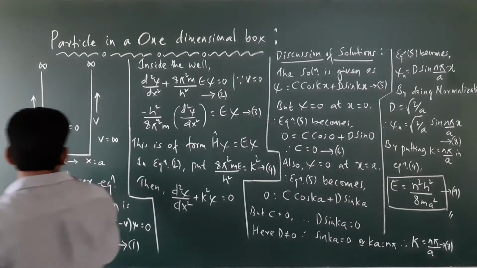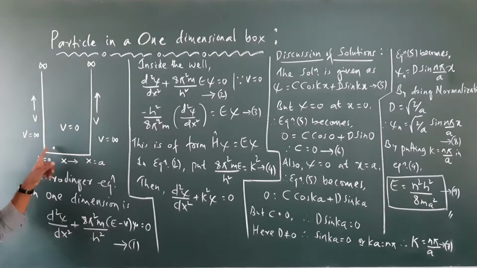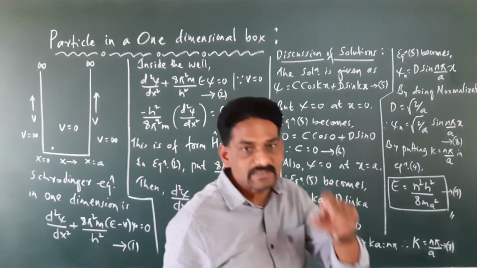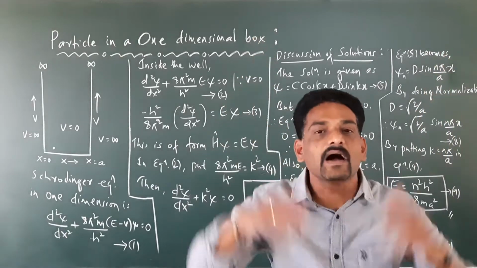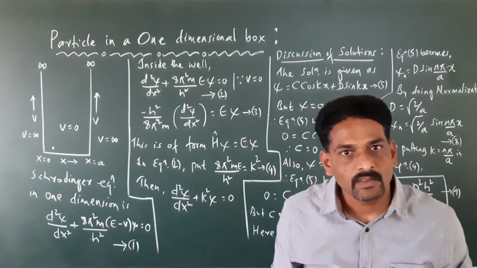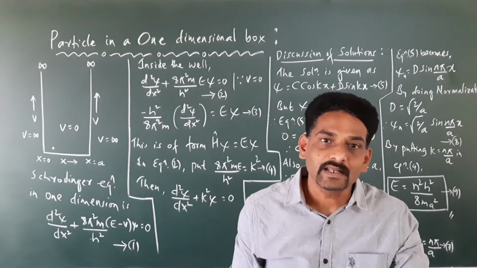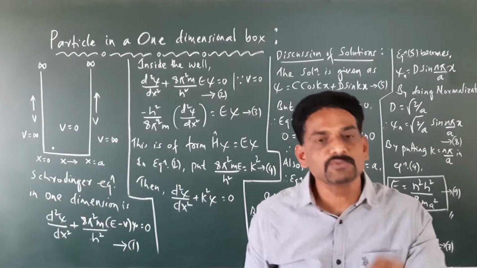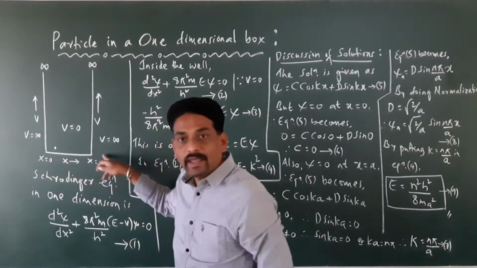Suppose the particle is present here; this particle is allowed to move in the x direction from here to here or here to here. So we assume that there is a particle present in the box, or in the potential well of width a and infinite height, and the particle is assumed to be moving in only one direction. Therefore we say that it is one-dimensional. Why? Because the particle is assumed to move in only one direction, that is the x direction from 0 to a.